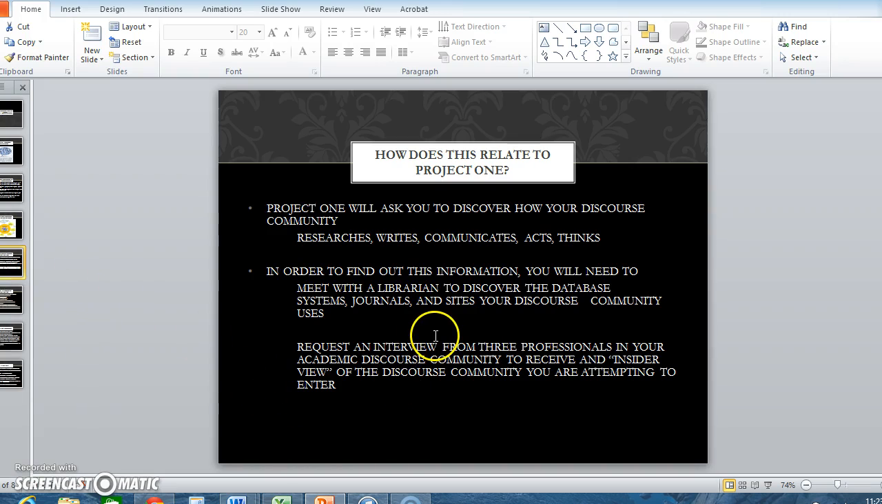So in order to find all this information out, you're going to need to do a few things. One, you're going to need to meet with the librarian to discover the database systems, journals, any types of sites that you're